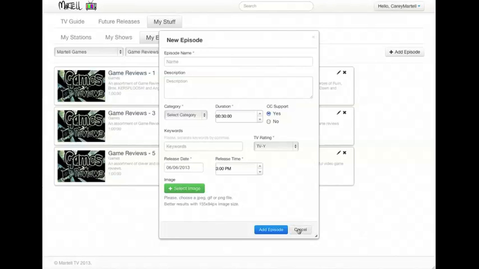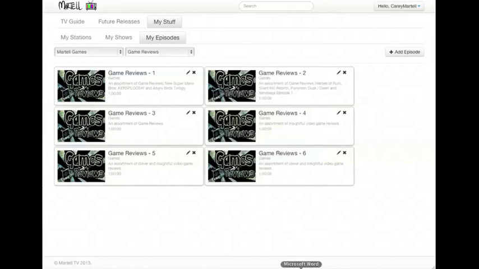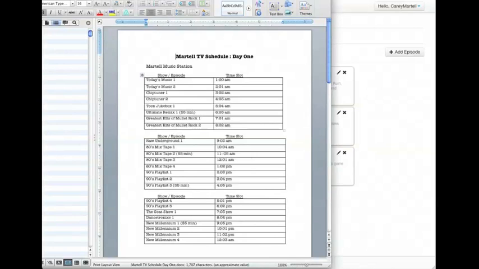One thing you want to keep in mind, when you're scheduling content, you need to keep in mind that you can't just put everything at the exact o'clock. As an example, you can't schedule a show at 1 a.m. and then expect to schedule it at 2 a.m. if it's an hour-long program. If it's an hour-long program, it's going to consume the entire 1 o'clock to